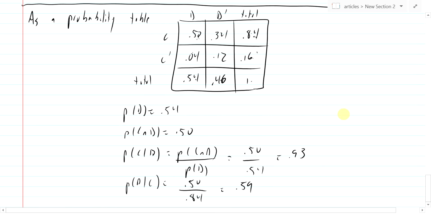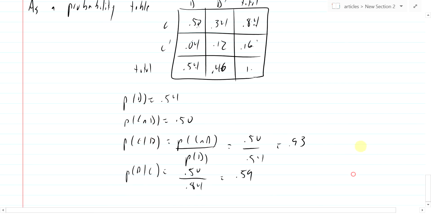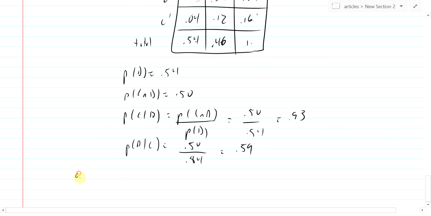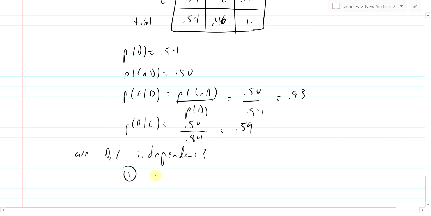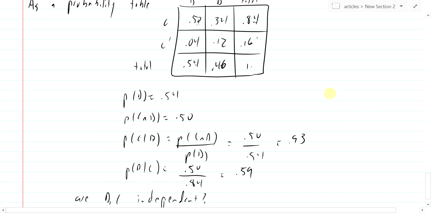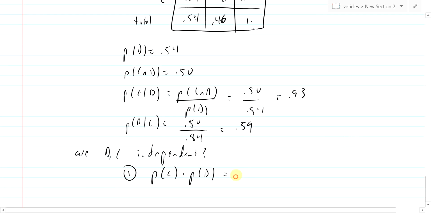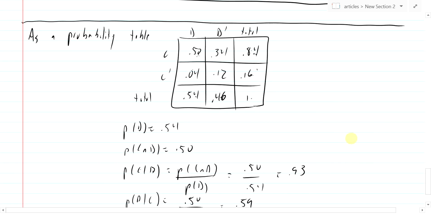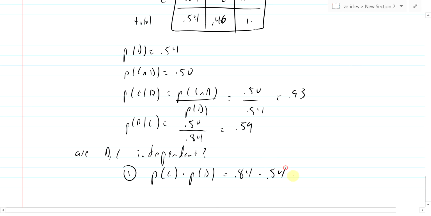Okay, so if you have a little table of possible outcomes for a Venn diagram, you can calculate the probability of C intersection D, probability of C and D, probability of D and C. Are C and D independent? How would you test that? Well, one, calculate P of C times P of D. So the probability of having coffee is 84%. The probability of having a donut is 54. And 0.84 times 0.54